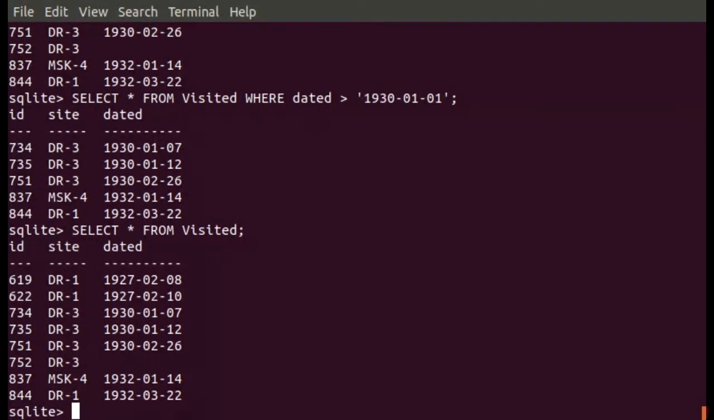So I can say, give me, filter by the site that starts with DR. It's possible. So how can we do that? We use the previous query, select everything from visited, where site, new keyword, like,